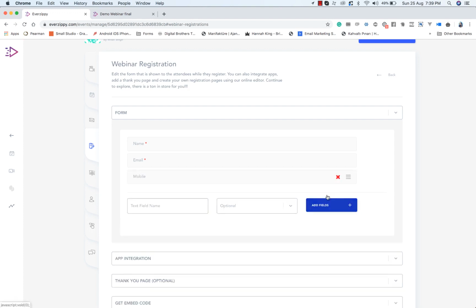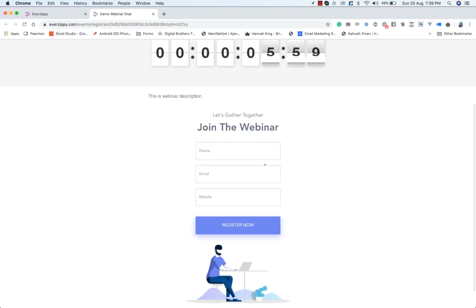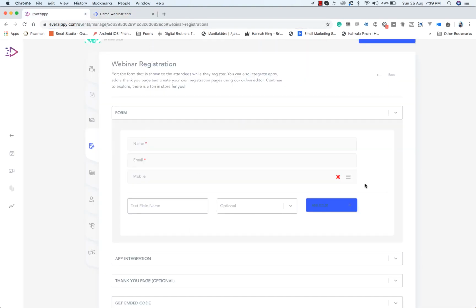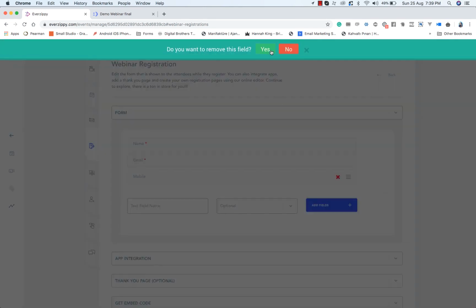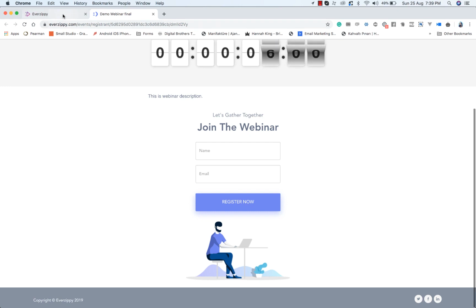It can be optional or required. You can click on add fields, and you come here and refresh the page, and you see the fields will be increased like this. So you can actually have email, name and now mobile. Or if you just remove it from here, yes, it will be removed. So it works in real time.